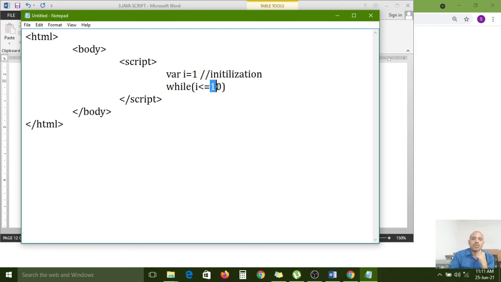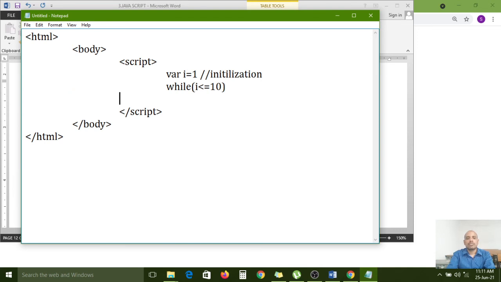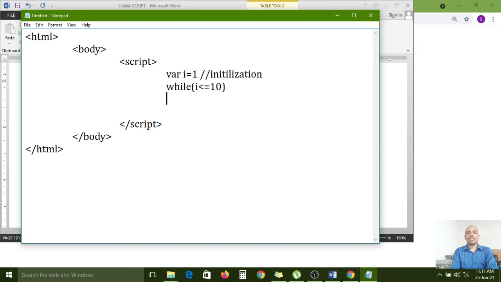Sometimes we don't know this number, so in that case we can use the while loop. Here I just gave 10 times. So this number is collected through input. If you don't know how many iterations you want to do, you need to collect that number by input. Then whatever input you have passed, that number of times a block of statements, nothing but the same code, will be executed repeatedly.